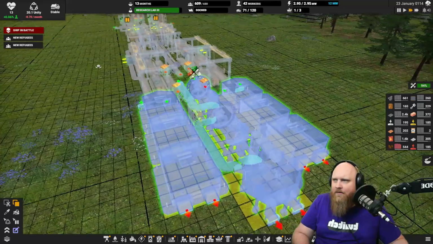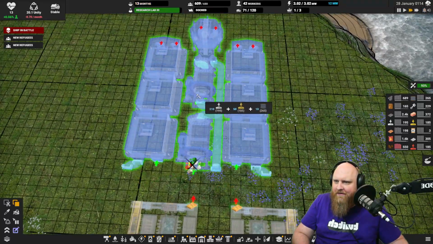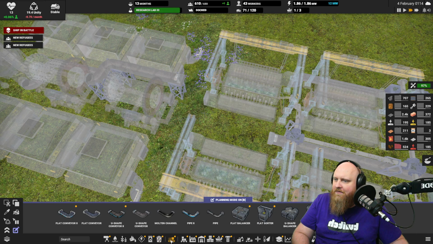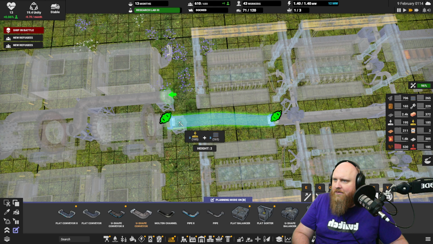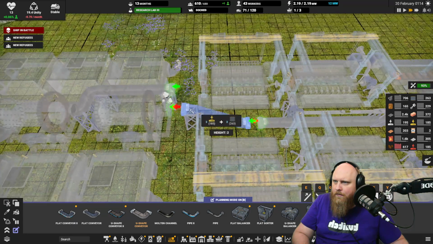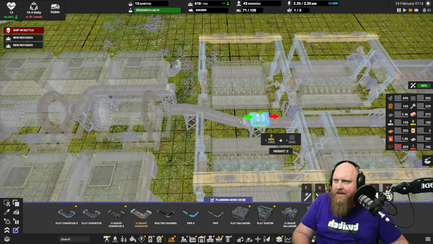Actually. Oh, this is pretty darn good. Place it like this. There we go. And then, of course, we need to connect up the output pipe for the... What's it called again? For the slag. That goes one further like this. Do it like this. I think we can then...